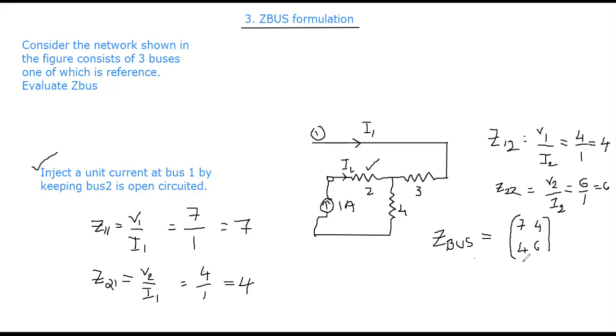Now this is about the formation of the Z bus. This is a simple example, but we are not going to focus on this type of example. In order to explain the formation of the Z bus clearly, we have taken this example for determining the Z bus parameters. Now again we are going to see the Z bus building algorithm. In that particular case, we have a total of 4 cases, and by using those 4 cases, finally we are going to solve the problem. You can expect that type of problems in your external examinations. And tomorrow we shall start our Z bus building algorithm.